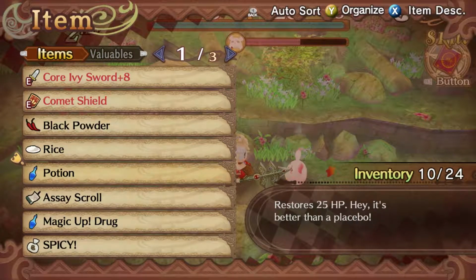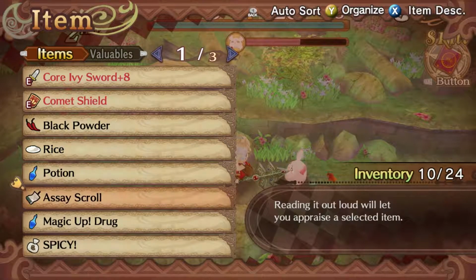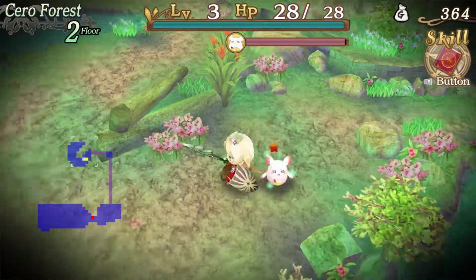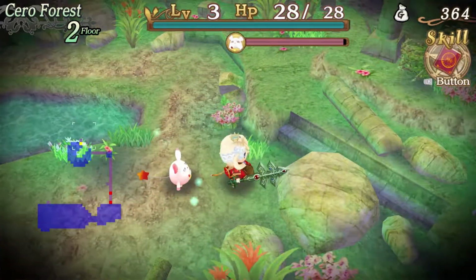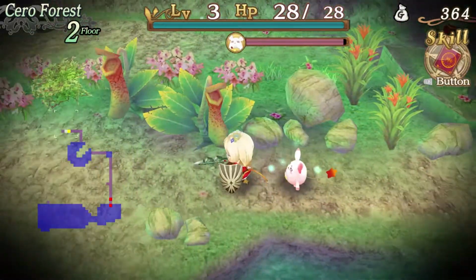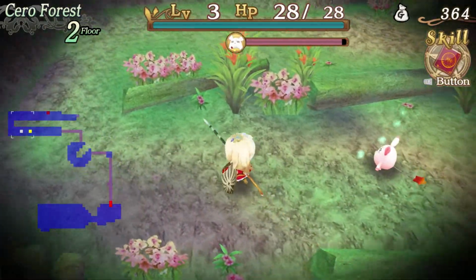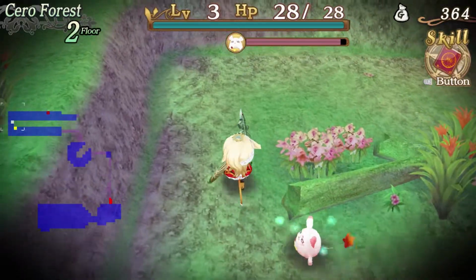Not a bad idea. I don't know if it hurts Ku or not, but I'm going to save some rice. A potion will probably fill him up. There we go. But if he ends up running out of food and getting super, super hungry, he'll just end up falling over, and you can't leave the dungeon until he's been fed, which is a little bit annoying when you run out of items,